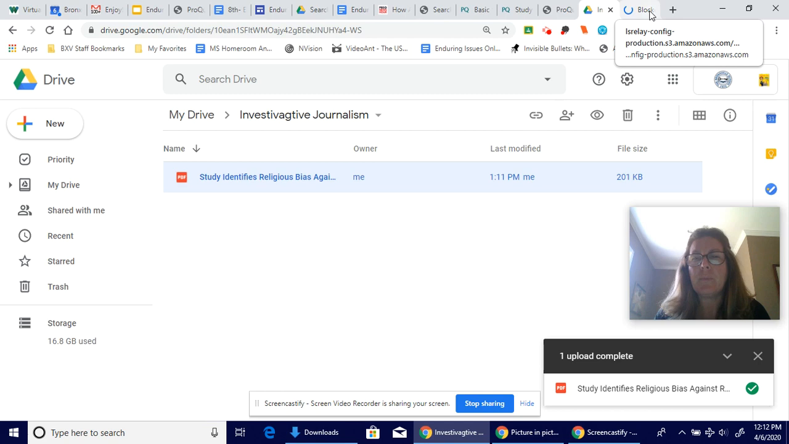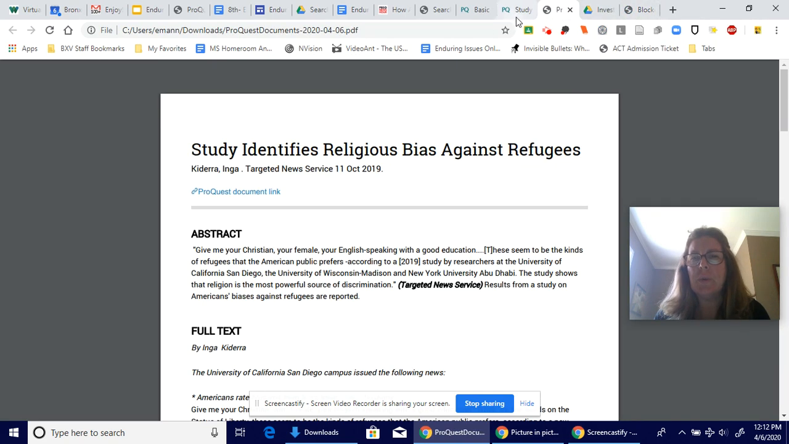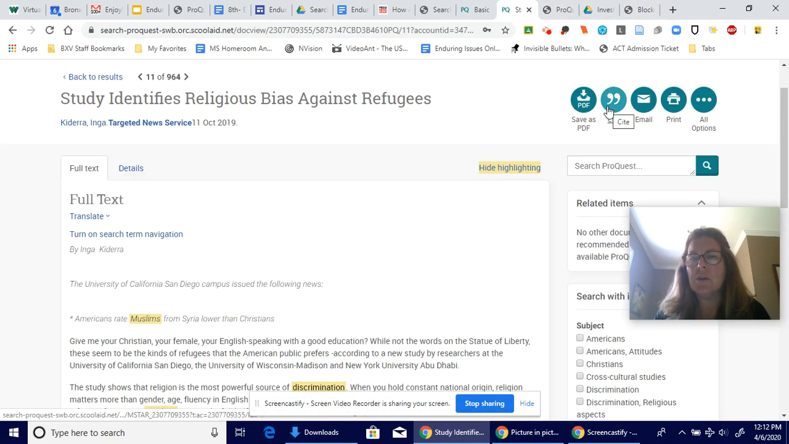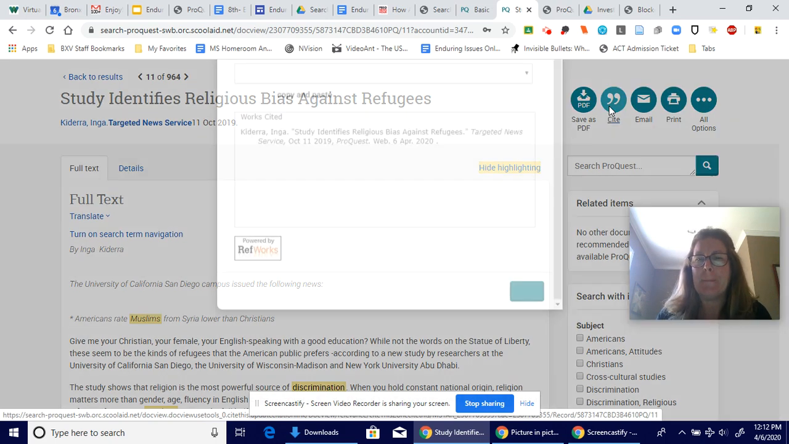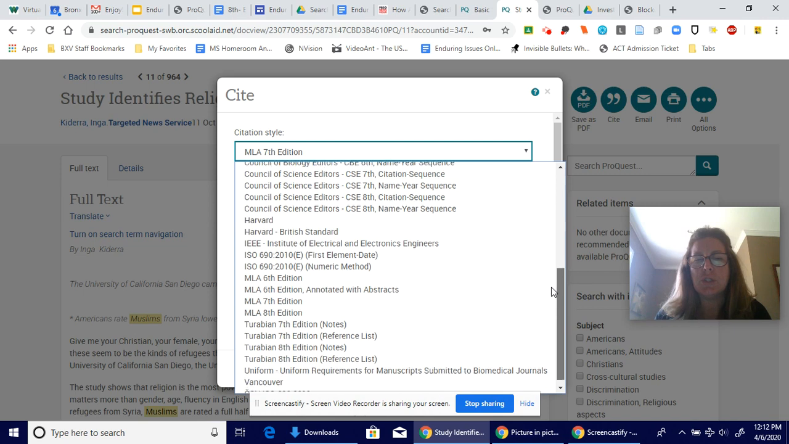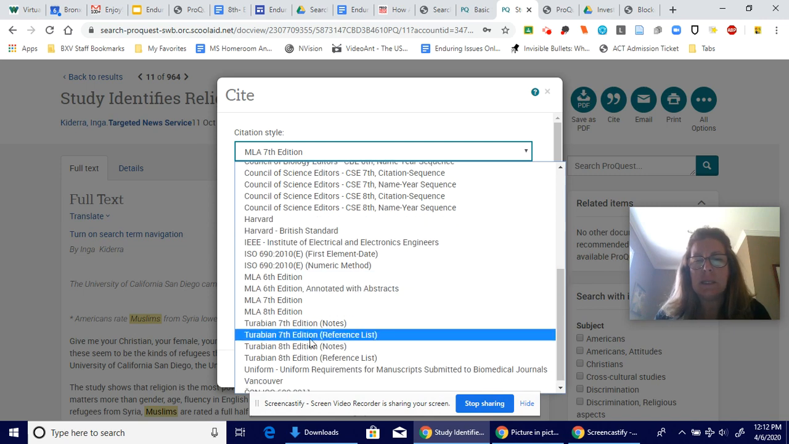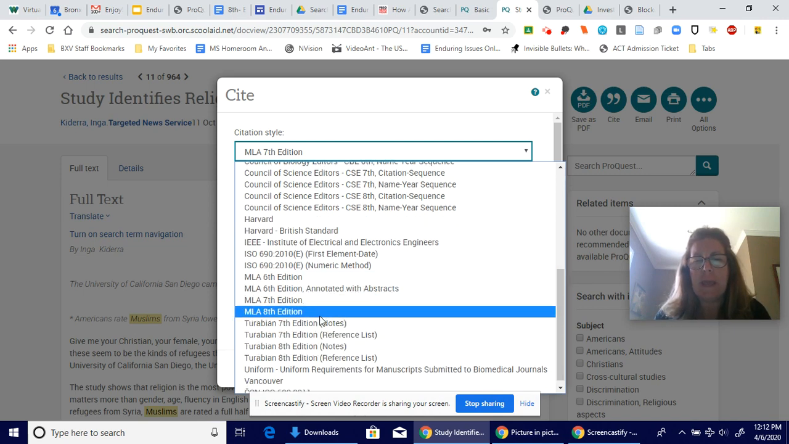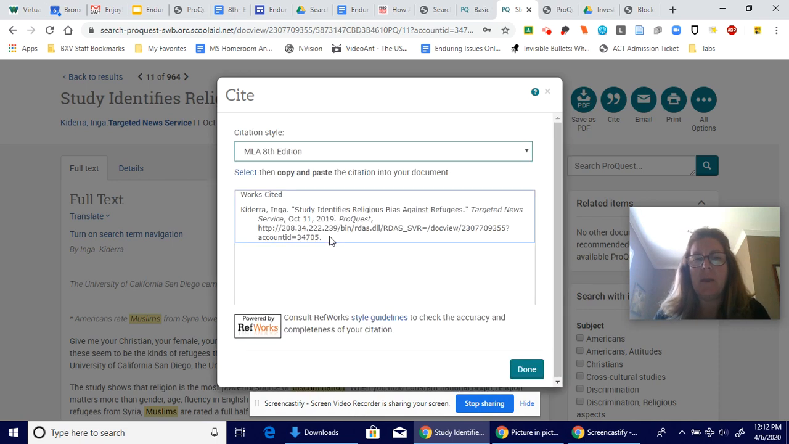Okay. Also, I just want to show you, when you do find articles in here, you should also be citing them. And you want to make sure it's 8th edition. So you're going to scroll down and change that to 8. Whoops, MLA 8. And then I'm going to copy